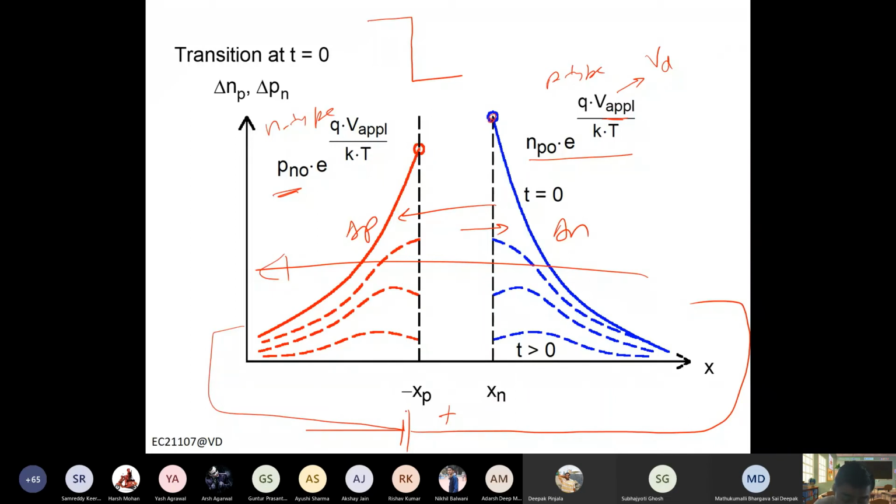Okay, now if you change this voltage, let's do reverse bias. Now what will happen? The holes will move to the right, electrons will move to the left. So the direction of current flow will be reversed, right? And of course this charge will reduce. Now you notice the direction of flow. So these carriers have to flow to the opposite side, right? So that means their slope should change, right? So you see, notice here the slope is changing, right? So that they can flow in this direction.